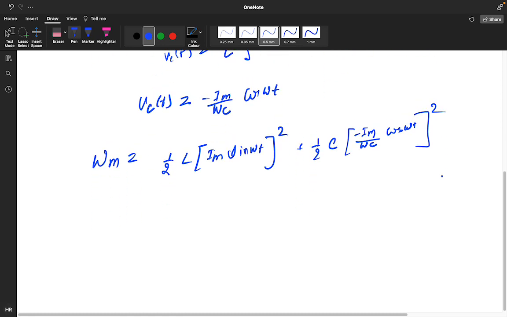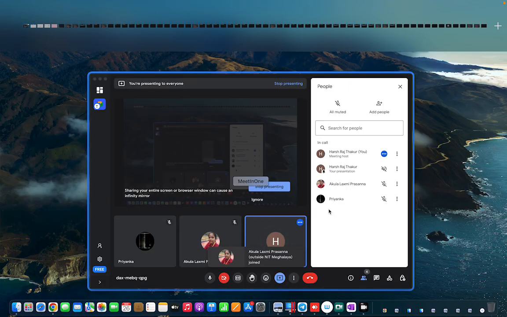If you solve this, half L Im square sine square omega t plus half C,